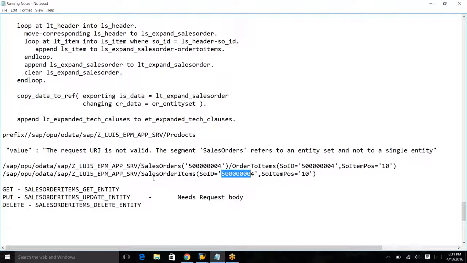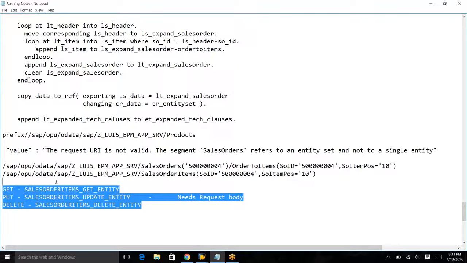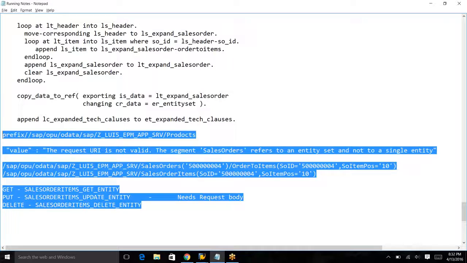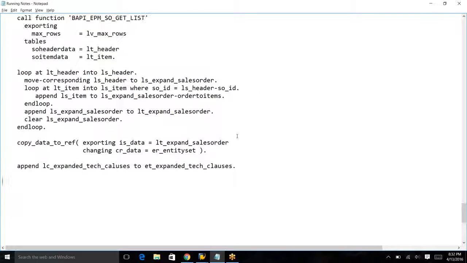Does it make sense? Okay, any more questions? The other question was,